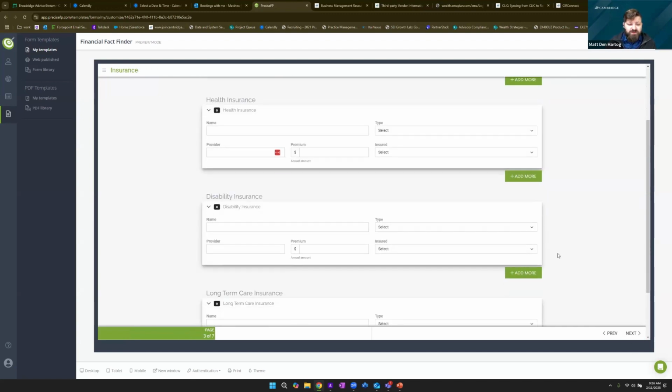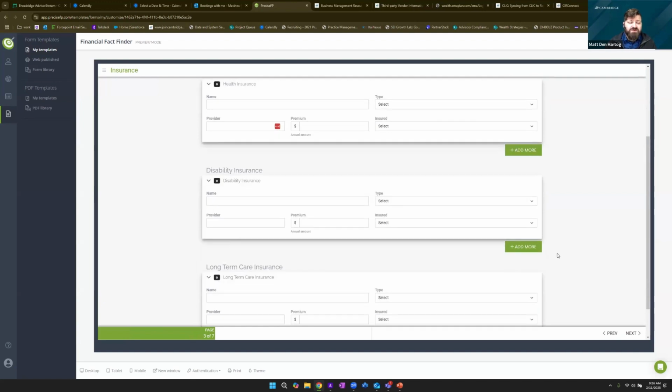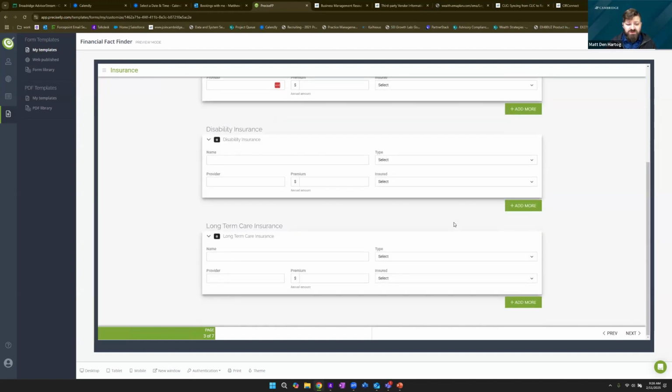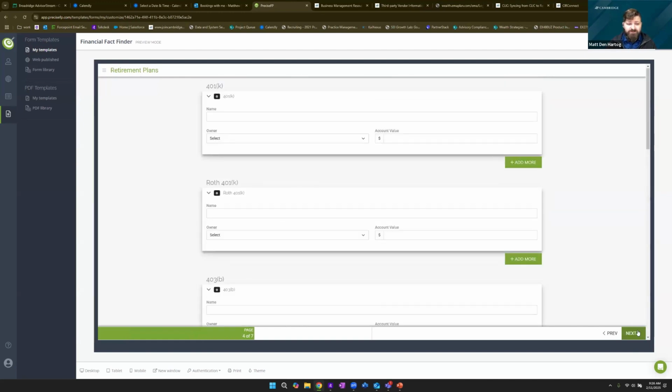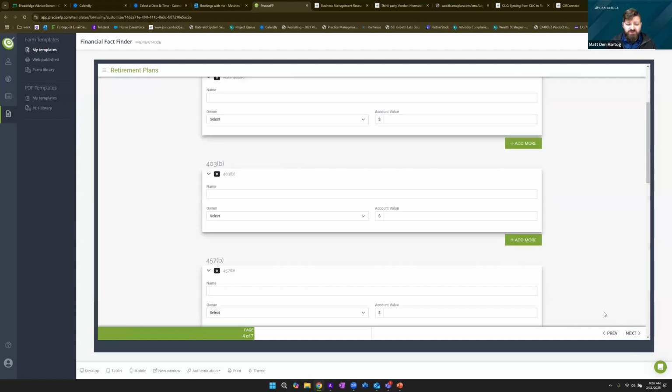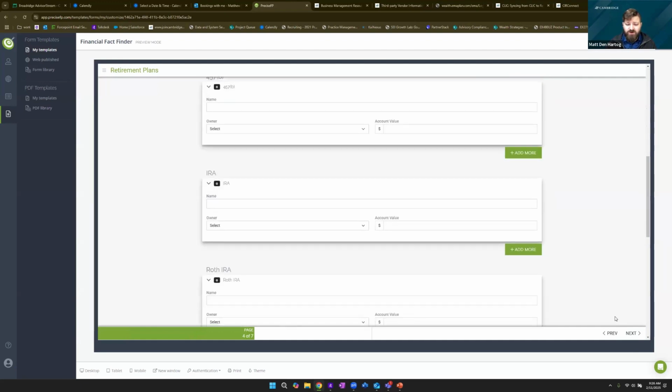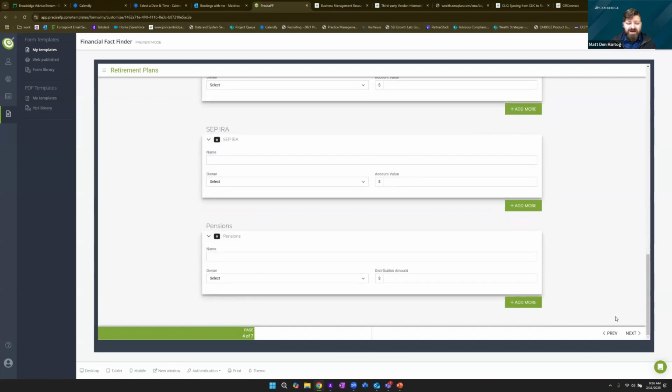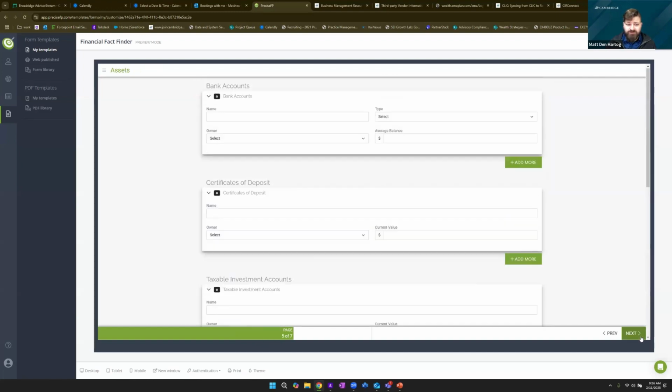Insurance values. This fact finder is just a default. It is one that Precise FP has built specifically to fill as many of the data points in Redtail as possible. So Redtail has places to store insurance information. It can pull that. 401ks, 403bs, IRAs, anything that they have existing. Other assets, bank accounts, taxables, CDs,